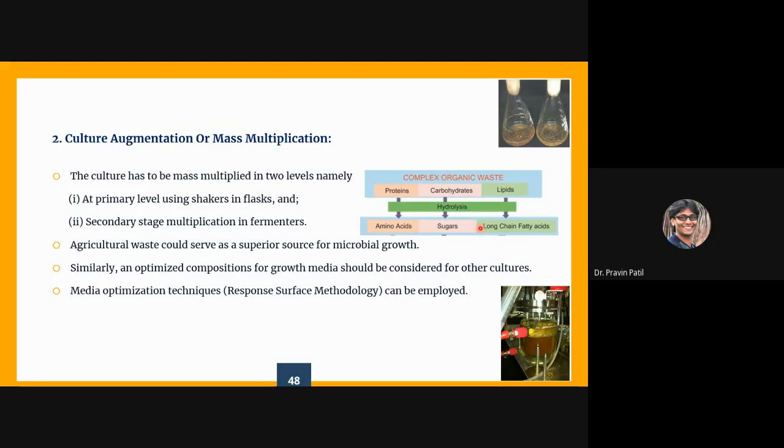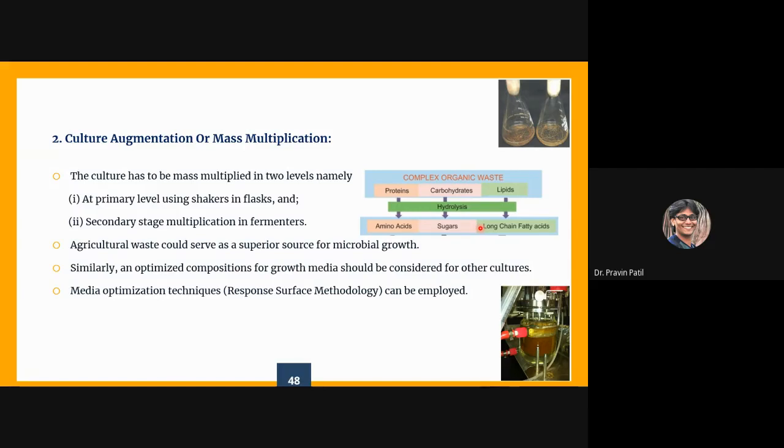This response surface methodology is a computational program where we have to put different parameters with a specific range. And these different parameters with a specific range are computed, and a programmed experimental work is offered to the researcher. So the researcher has to carry out around 17 experiments, as I said, per se. This 17 experiments he or she has to carry out in the laboratory, and the results obtained from these 17